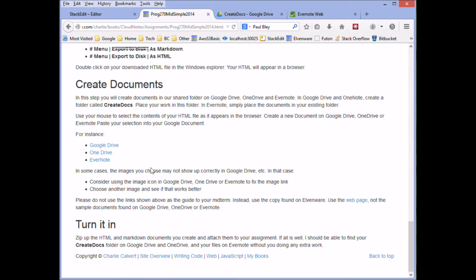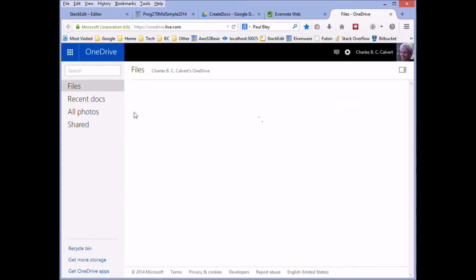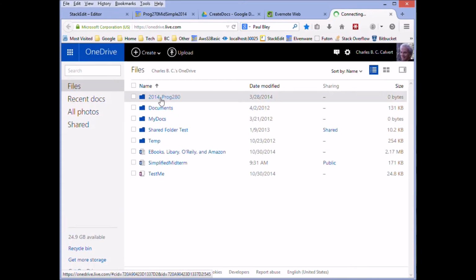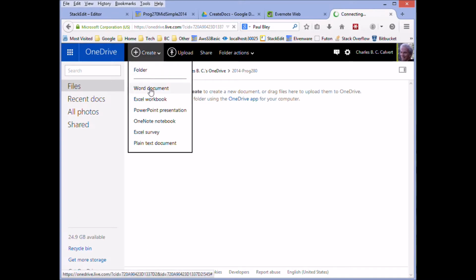So that's create the documents. I haven't showed you how to do it in OneDrive, but the process is the same. The key is that when you're in OneDrive, you put it in the right folder, right? You go over here, you find the folder that you've shared with me, and suppose it were this one, and then you create your document in here, right? And